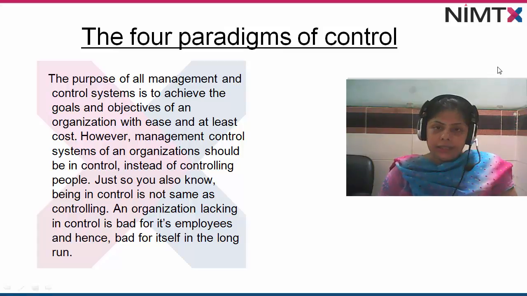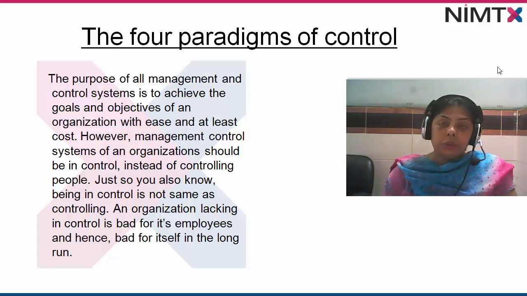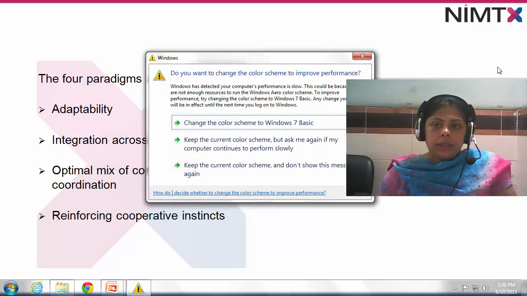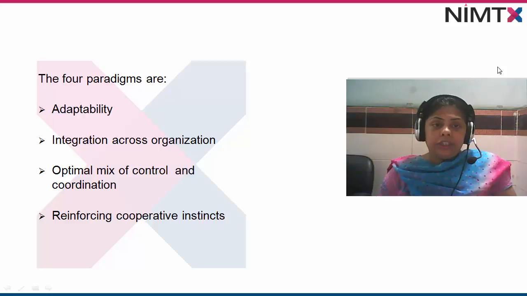And yes, management control does have strategy, rather they have things in place to control people as well. So there comes task control, for daily activities, there is task control. The four paradigms are adaptability, integration across organization, optimal mix of control and coordination,